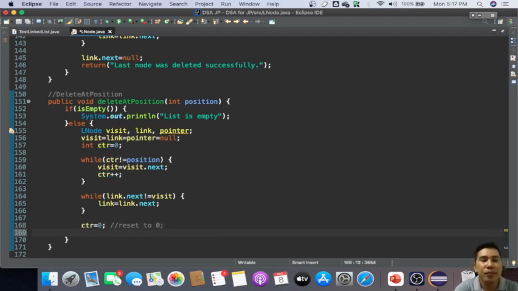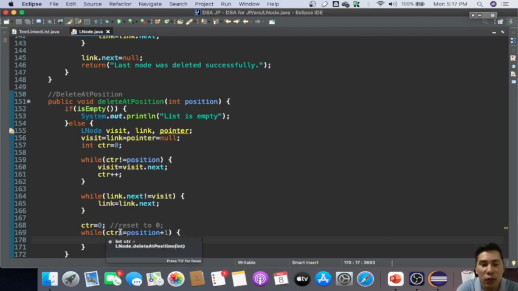At this time, let's have another loop, and this time we'll have to visit each of the nodes until the position, which is the last one, meaning until CTR